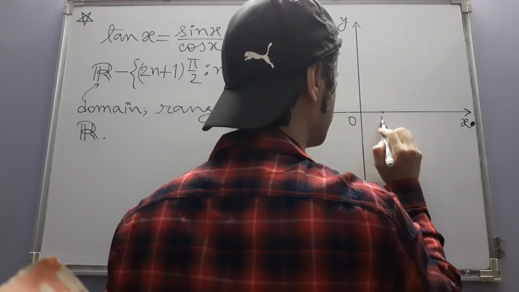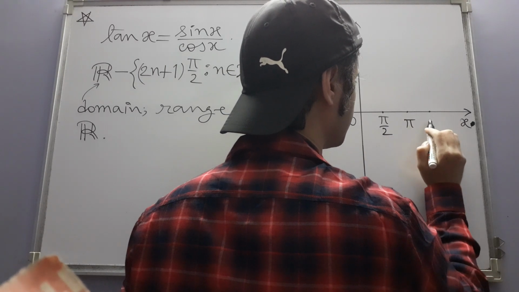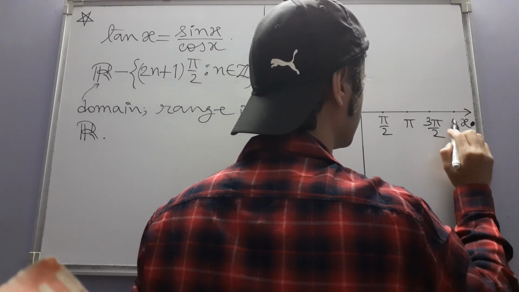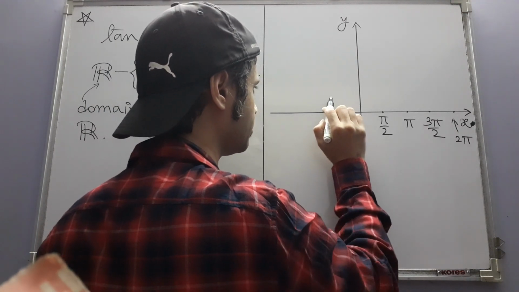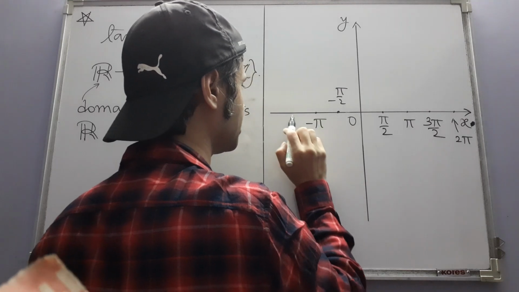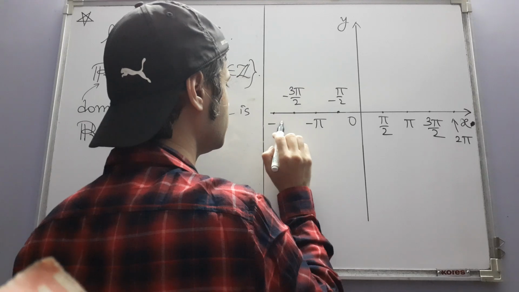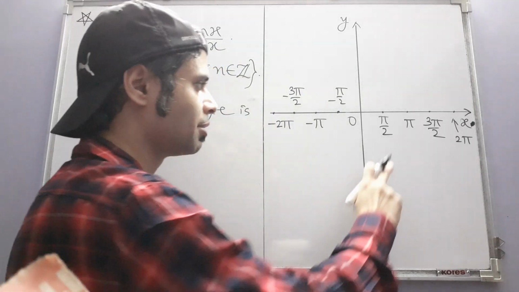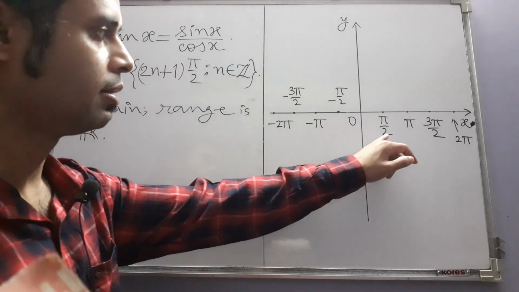Say this is pi over 2, pi, 3 pi over 2, 2 pi. On this side we have minus pi over 2, minus pi, minus 3 pi over 2, minus 2 pi. If you feel slightly confused by this, although we will quickly get used to it,